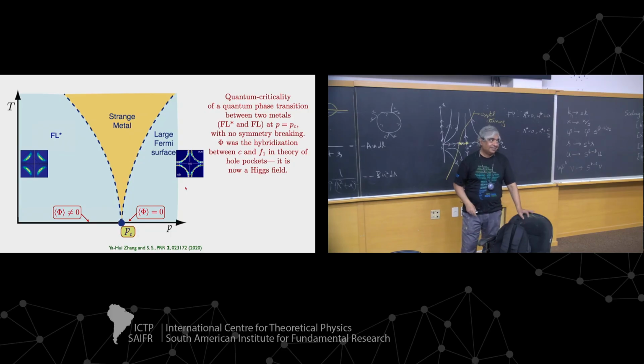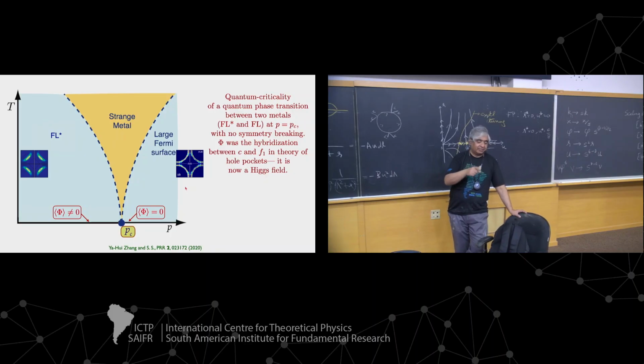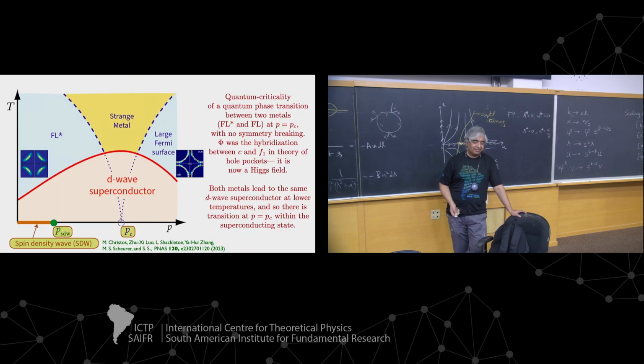And what leads to the suppression of the spectral weight for a spectroscopist in the FL star phase, the backside? Yeah, that's another recent paper. There we have to put in the gauge fluctuations. So we put in thermal gauge fluctuations, and they give you spectral weight just like this. And then eventually there's the onset of superconductivity here.